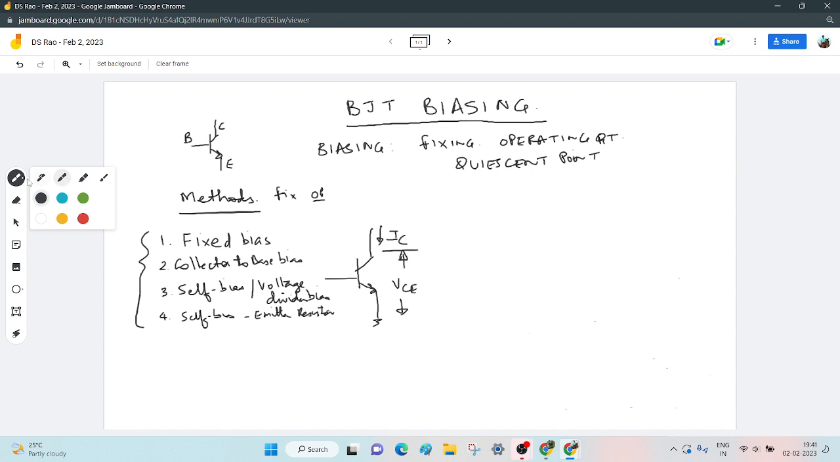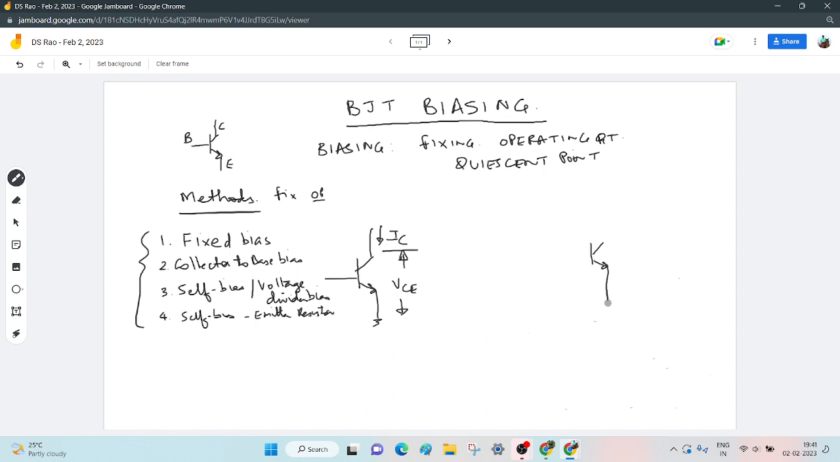Now if I ask you what is fixed bias, you may not be able to tell. So you have to learn how to remember that. So how do you draw the fixed bias circuit? First you take the transistor,